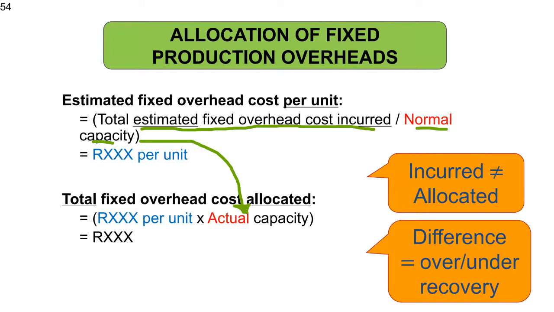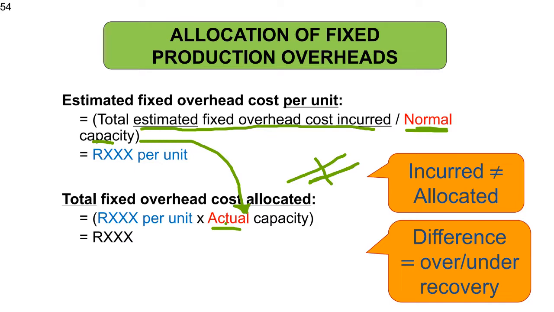So now, because the actual number is not always the same as the normal number, right? So it's not always the same. Actual capacity is not always the same as normal capacity. It means we have a problem because there's a likelihood that either the actual will be higher or lower than normal capacity, right? So if the actual is higher, right, would we have allocated more or less costs to